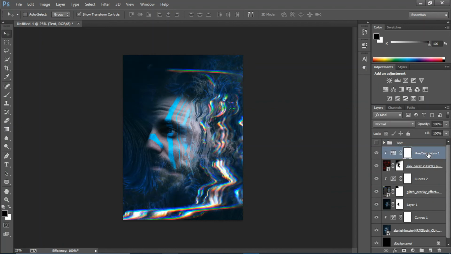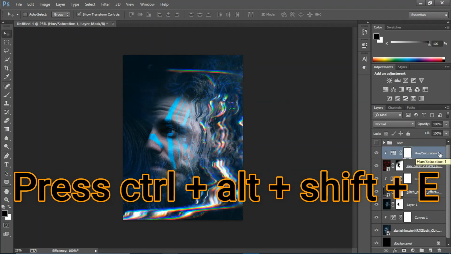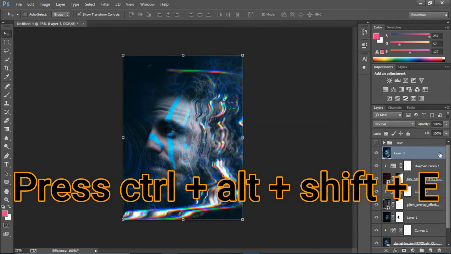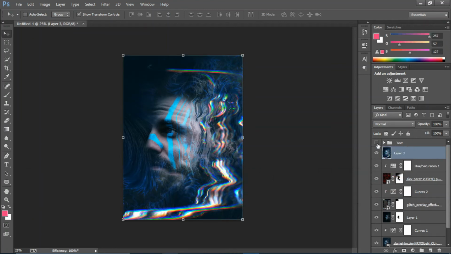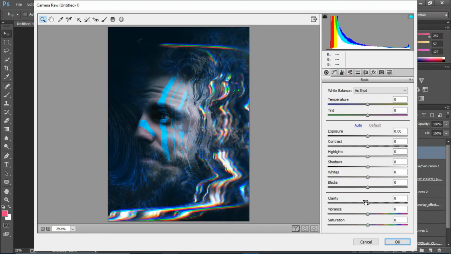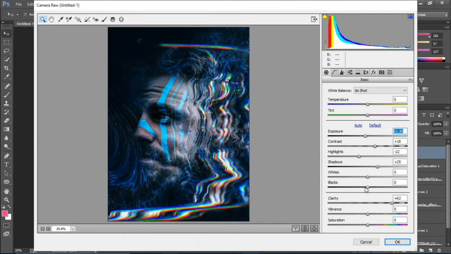I'm gonna select this hue and saturation layer. I'm gonna press Ctrl+Shift+Alt+E to create a stamp visible layer, and now I'm gonna just go to filter, camera filter, and I will just increase the clarity a bit, increase the shadows like so, increase the highlights, increase the contrast, let's see, decrease the exposure a bit, increase the blacks, increase the whites, and just increase the saturation, the vibrance. Okay,